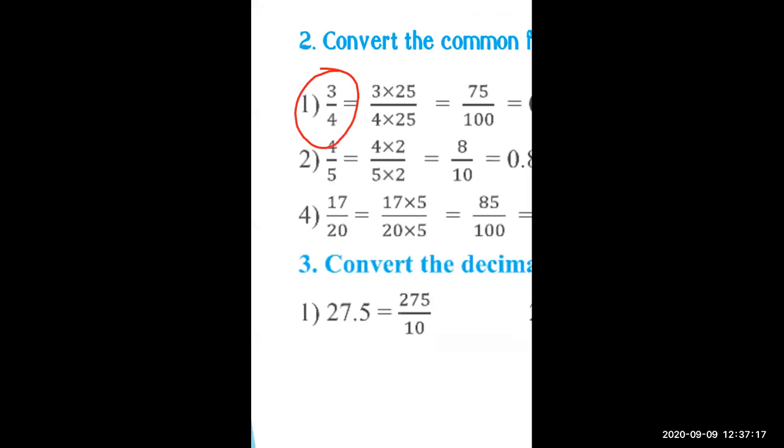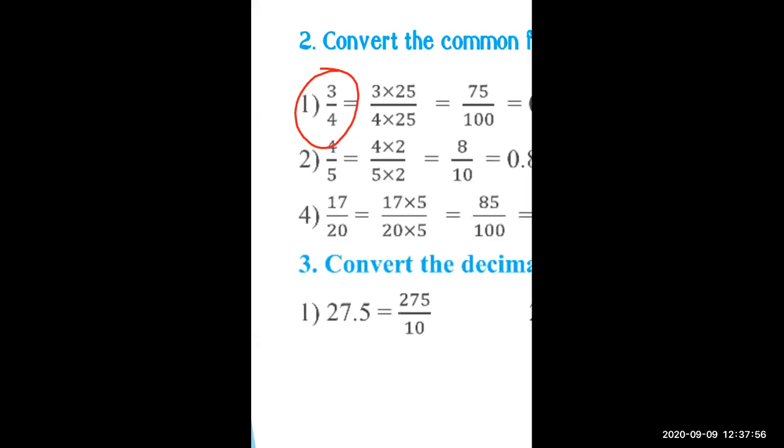Here in the first question, it is written as 3 upon 4. Don't look at the next one. Just listen properly. 3 upon 4. Here the denominator should be multiplied by a number such that when we multiply it, it comes to only 10, 100 or 1000, so that the decimal can be made. In the 3 table and the 4 table, we have to make the denominator 100, 10 or 1000.